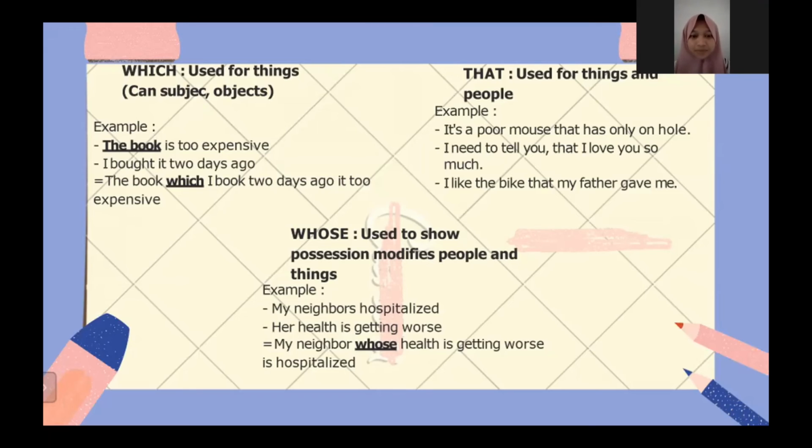Okay, Rifma, I think yes, that's right. As in the example, whose is used to show ownership, to change people and things. Whom alone can be used when answering a question from a statement, namely him, her, it, me, you, us, and them. Okay, the next slide, Rifma, about